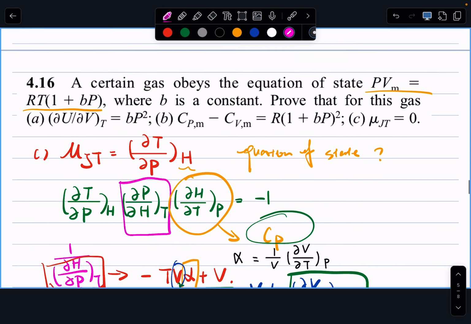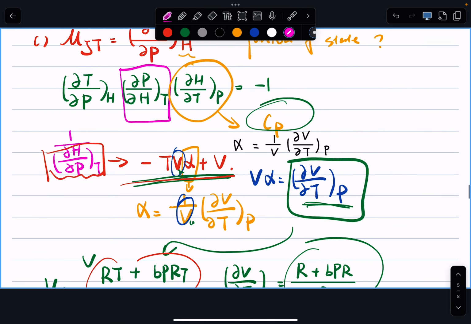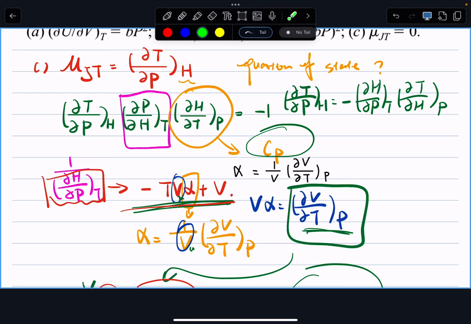And then what we have in here is my (dH/dP) at constant T equals 0. Or the other way to put it is my (dT/dP) at constant H equals negative my (dH/dP) at constant T times (dT/dH) at constant P. Now, because we solved that (dH/dP) at constant T equals 0, this one must be 0. Then this one doesn't matter. I write it out as 1 over Cp, but at the end of the day, it doesn't matter because this term is 0. All